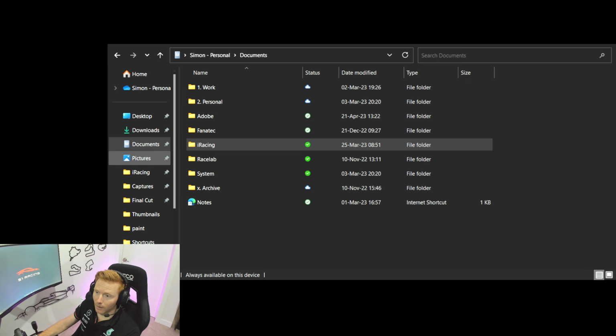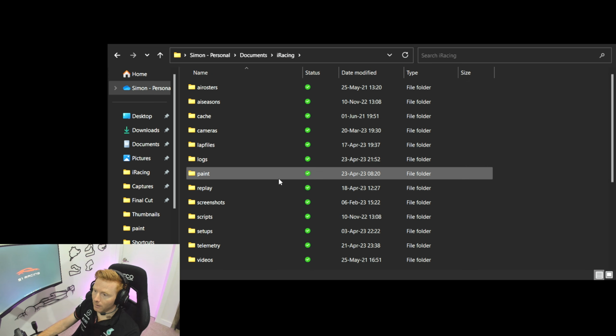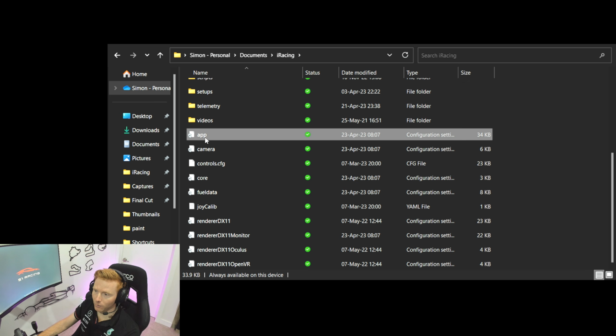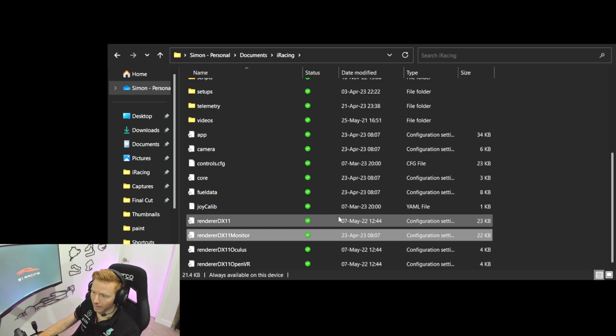So right now I'm in my documents folder. I'm going to double click into iRacing. This is the master iRacing folder, and if I scroll down to the bottom, there's a couple of key files I just want you to pay attention to. The first one is App.ini, and that has a couple of key graphics settings that we'll have a chat through later, and then also these renderer DX11 files, and you'll notice there's 4 of them in total, and depending on